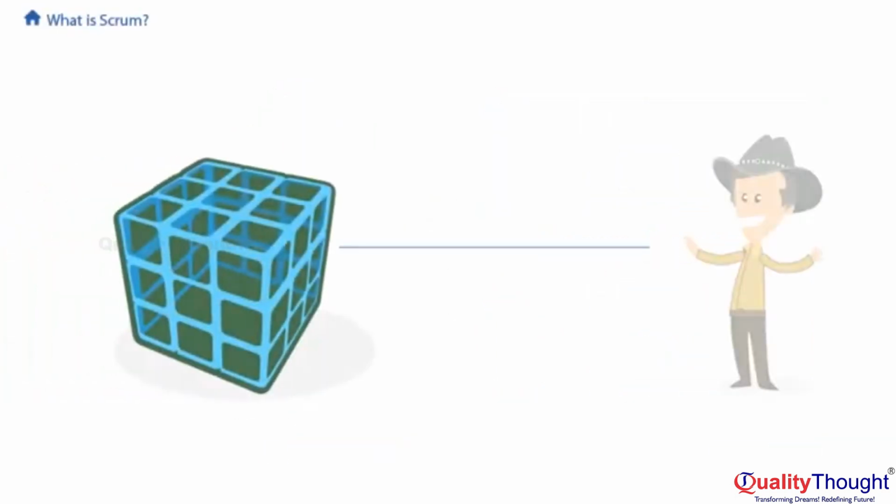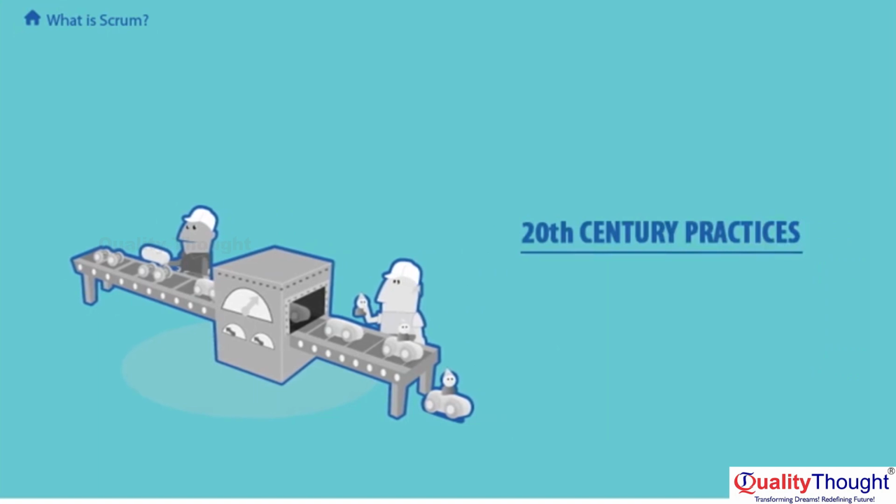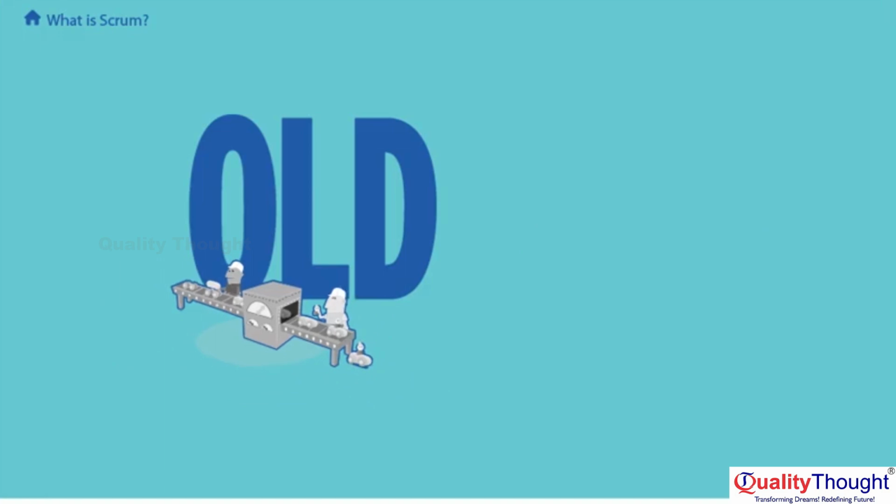Scrum is a framework for dealing with complex work such as new product development. It is an alternative to traditional approaches that were more suited to manufacturing and construction. Why do you need an alternative? In the previous century, most people's work required more of a focus on execution than innovation. People with defined roles used defined models and defined best practices to execute defined plans that didn't change very quickly.